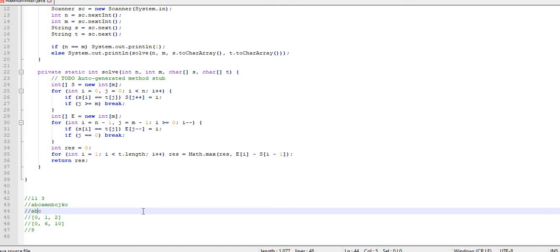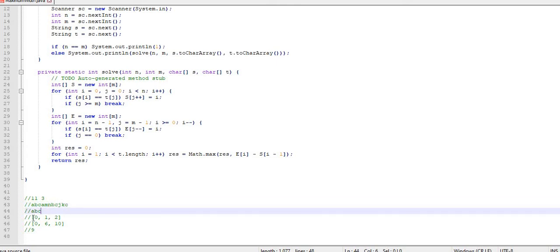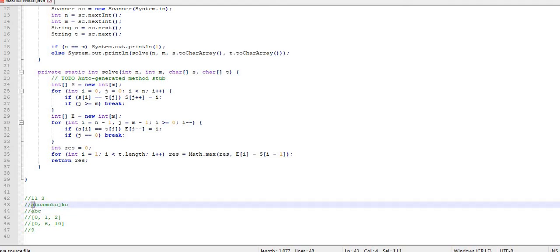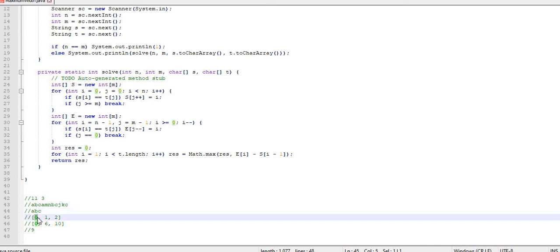So after that, what I understood when I was working on pen and paper is that I was going from left to right, and then I thought, what if I go from the reverse direction. For example, if my first character matches with the T's character, then I can mark it as a prefix.